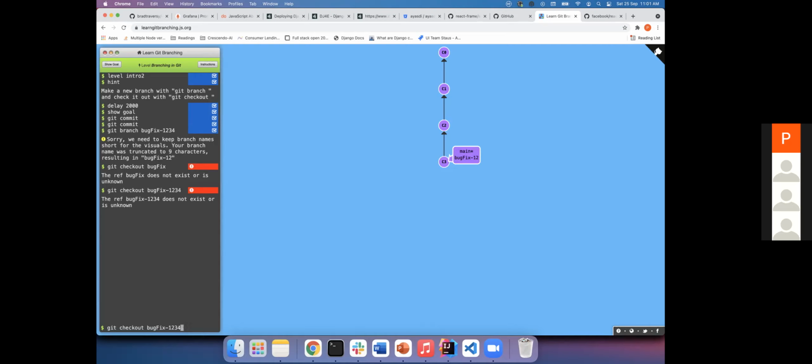See, I said git 1234 only. There is something, the name was truncated to 9 characters, that's why it looks like that. Okay. Now you see this main is not moving, but your bug fix is moving.